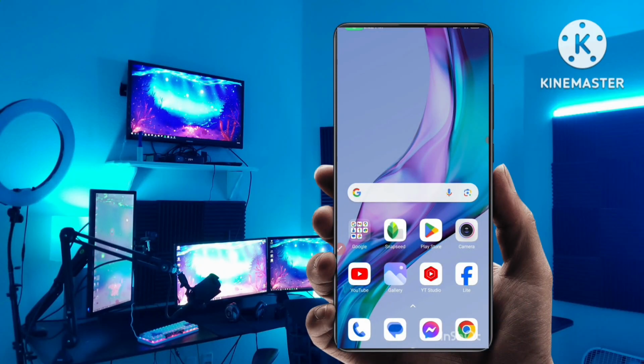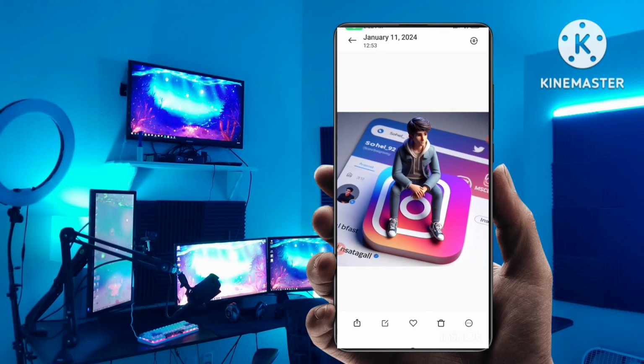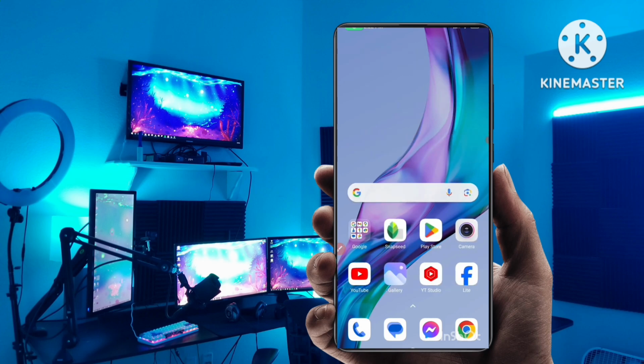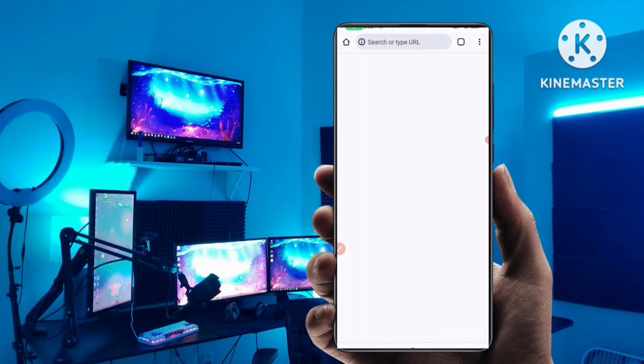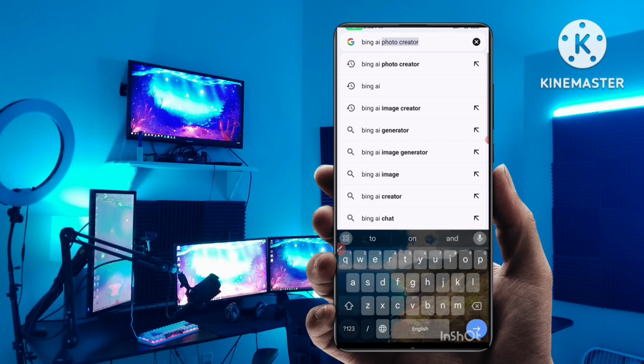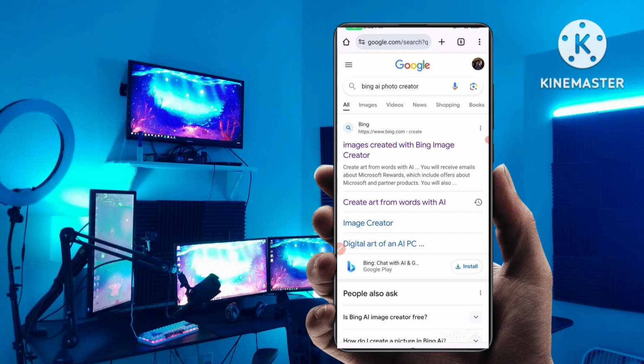So guys, if you want to make 3D AI images like this for your social media accounts, Facebook, Instagram, Twitter, etc., how can you make this? First of all, you have to go to your web browser, any web browser in your smartphone, and then search for this website in the search bar: Bing AI photo creator, okay? Just search this in your search engine, and this first website, images created with Bing image creator,